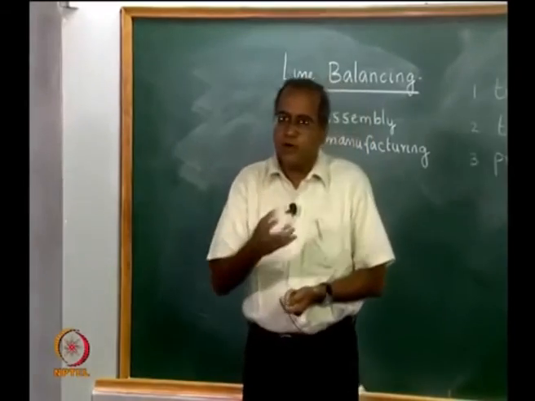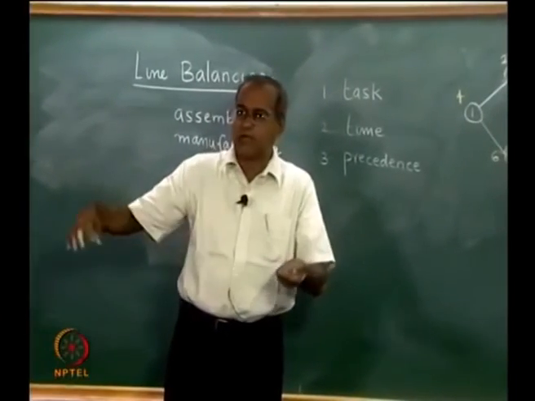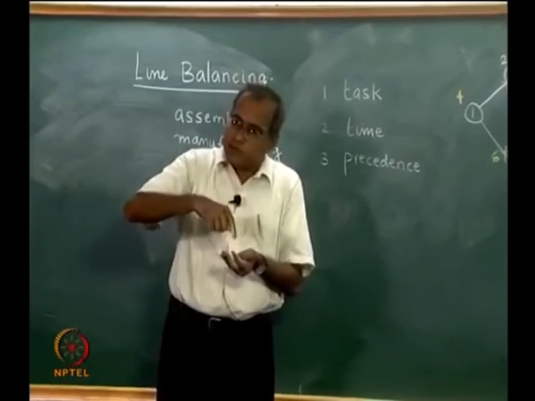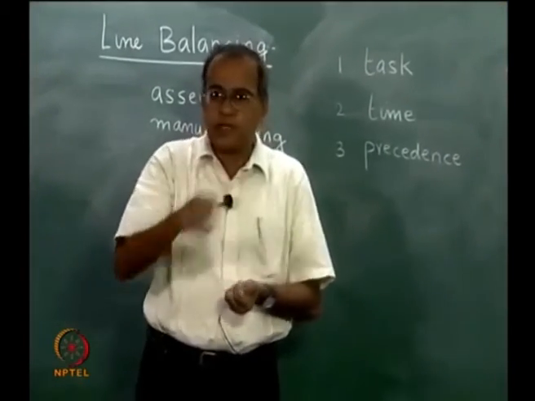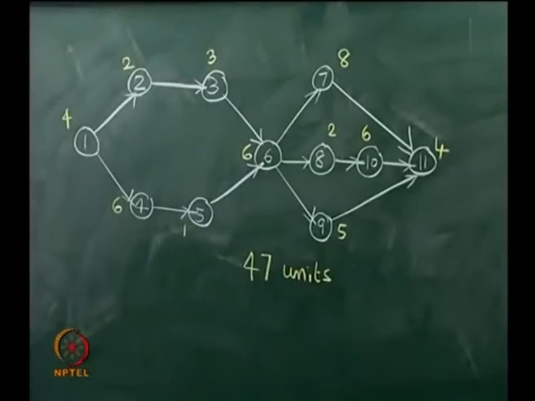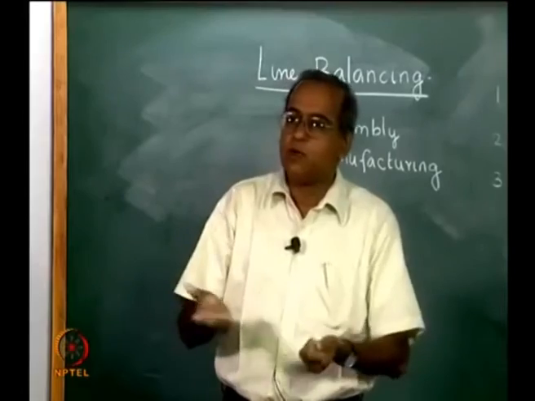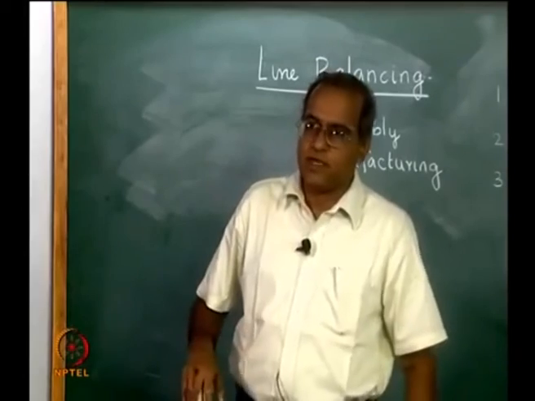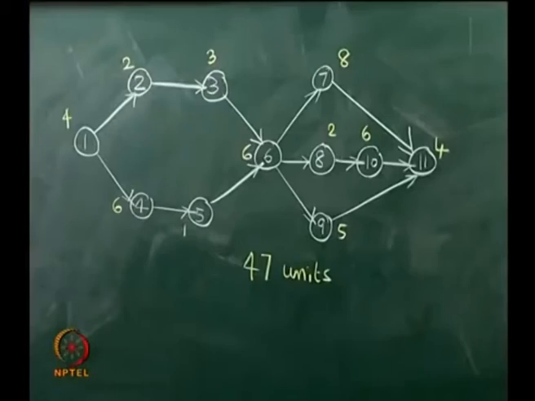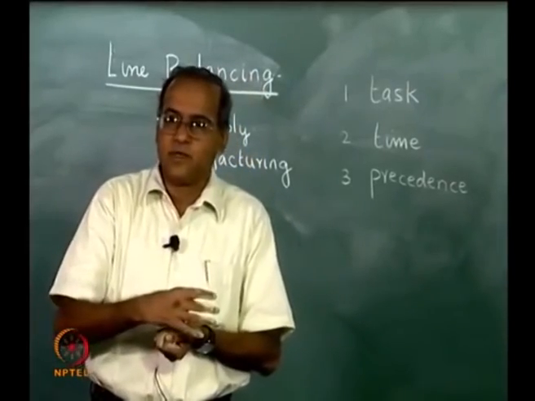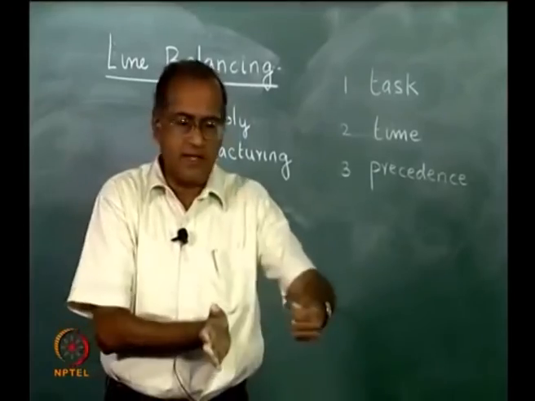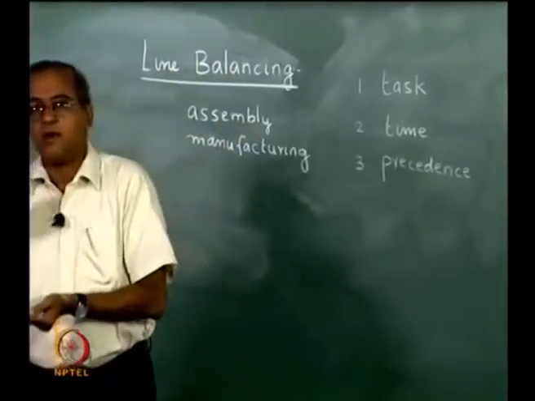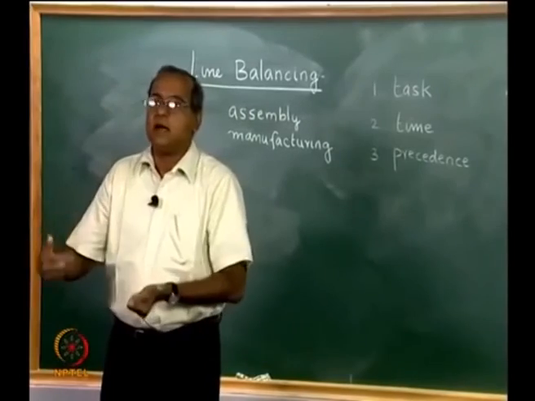So, if we have several operators sitting and each one of them doing the entire thing, then the output can be 47 divided by the number of operators. But many times such a thing would not be feasible, because that would mean duplicating a lot of resources that are required for each one of them. Therefore, it is customary in assembly line balancing that one operator is given 2 or 3 tasks or a certain number of tasks, and the assembly moves to the next operator who carries out a certain number of tasks and so on.